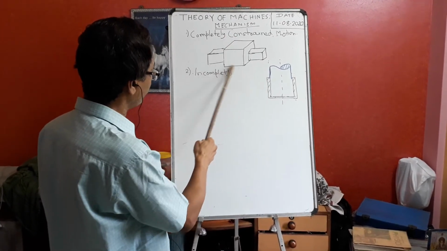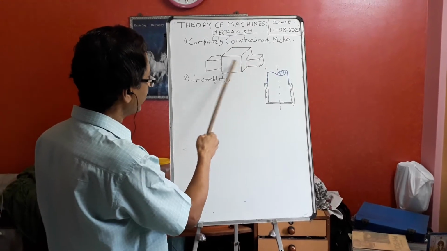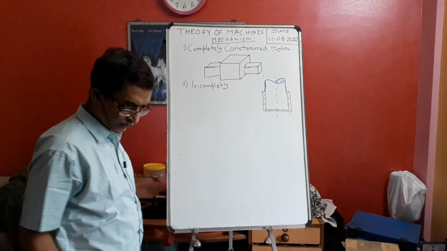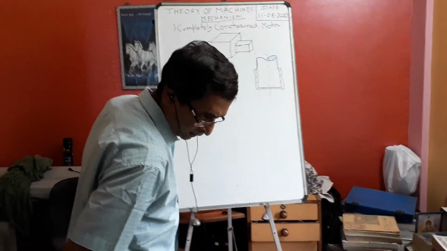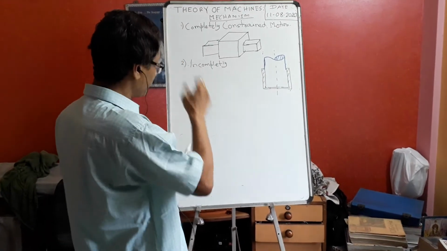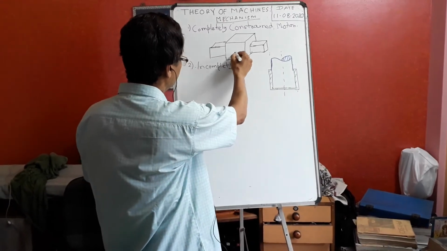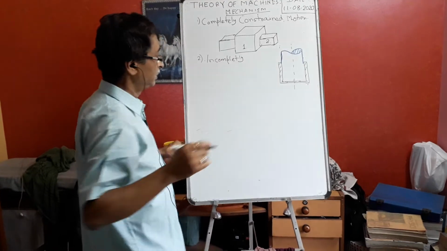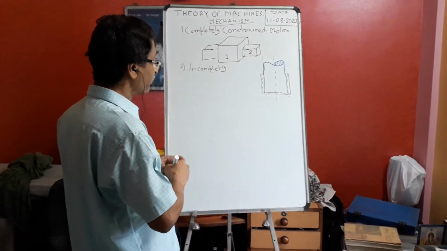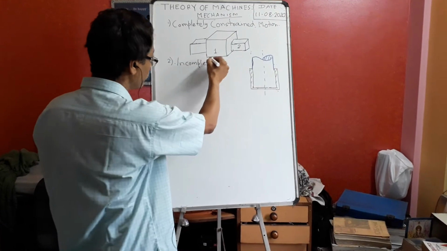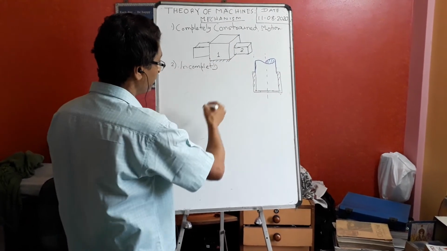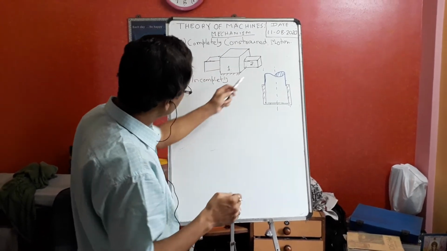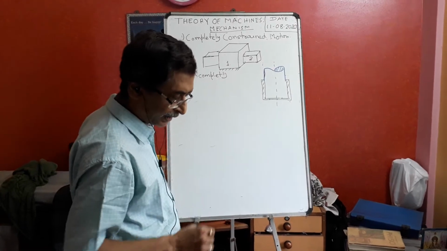Suppose I have a cylinder block, some groove is there, and in the groove, another cylinder piece is inserted. Okay. Now, this is one link, and this is the second link. Then what is happening? Suppose link 1 is fixed. Fixed means fixed to the ground. Then how many types of motion can link 2 have? Can anybody say?